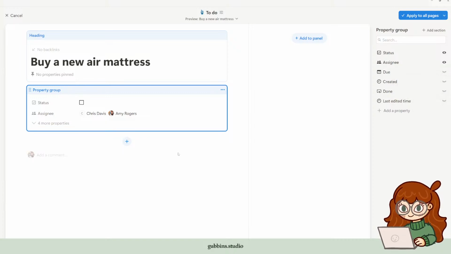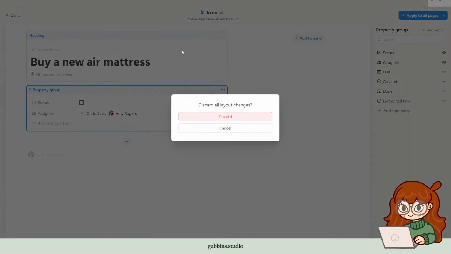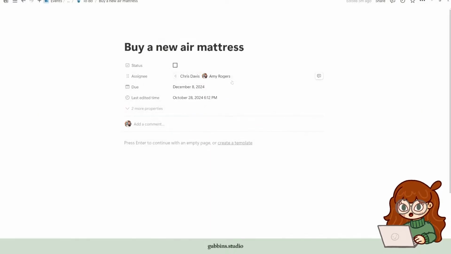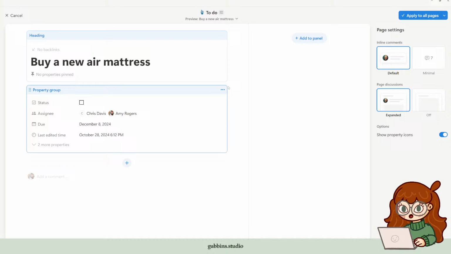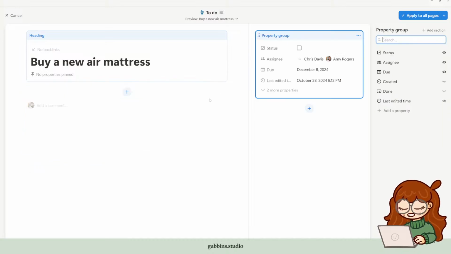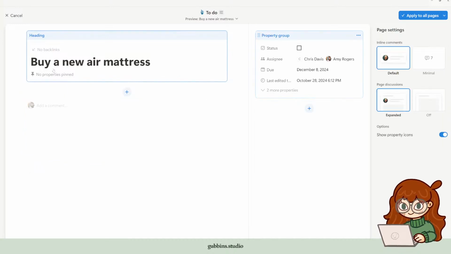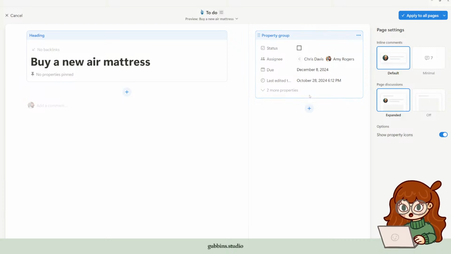maybe I'm not using this right. Bearing in mind this is me learning it for the first time as well. No, let me try that again. Oh no, I know now. Okay, so here you can remove the property group, which is the default thing that appears underneath the title, into